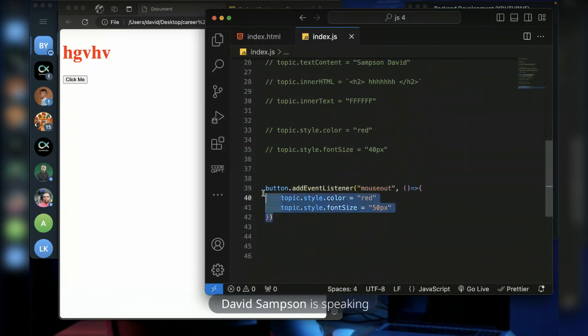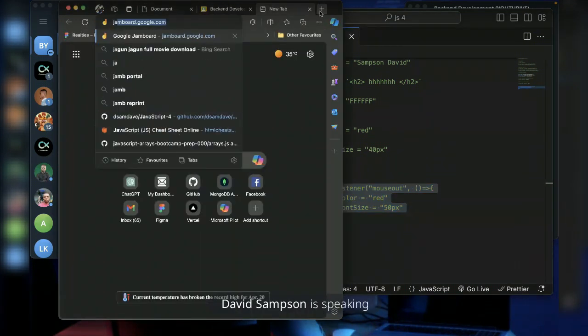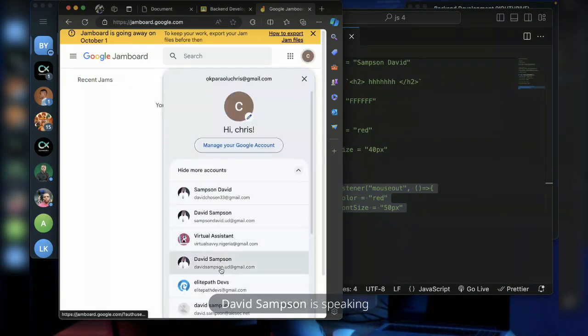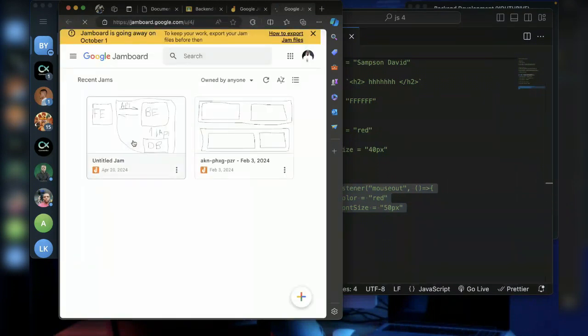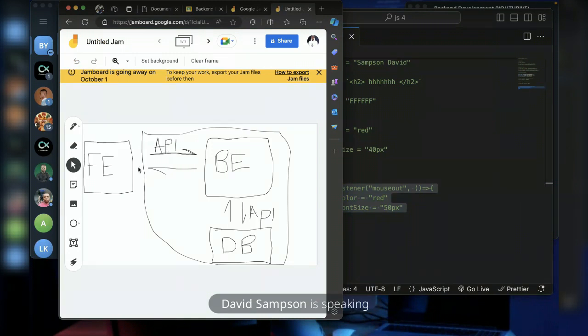And let's talk about requests. From what we had here on Jamboard, the front end will be making requests to the back end.